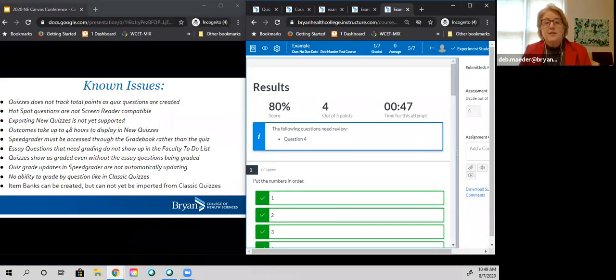Going back to the known issues, bullet point 6, essay questions that need to be graded, like I showed you, do not appear in the to-do list for faculty either. So there's really no indicator that there are essay questions to grade other than going into SpeedGrader and looking at each individual exam. So you have to really keep track of what exams have those open-ended questions that you need to